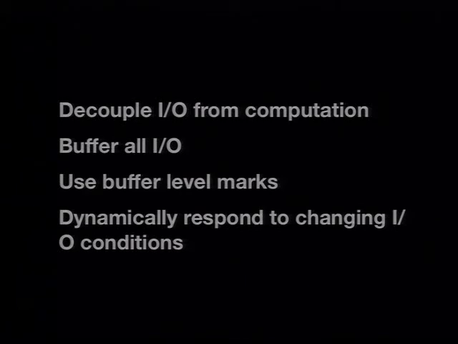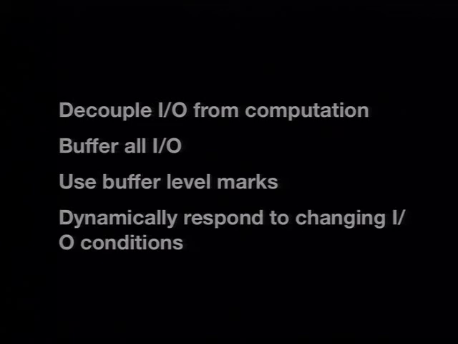Some of those slaves are responsible for talking to App Engine and requesting new latitudes and longitudes that we need to calculate. And what we do is we have a rather large buffer on the Amazon EC2 side of latitudes and longitudes coming in, so that if we can't talk to App Engine for a while, we can continue to calculate scores. So that's one major thing. We basically decoupled our I/O from our computation on the EC2 side, and we buffered all our I/O.